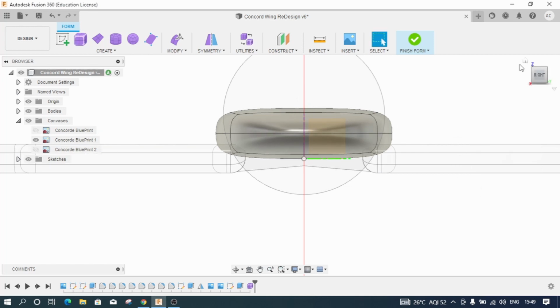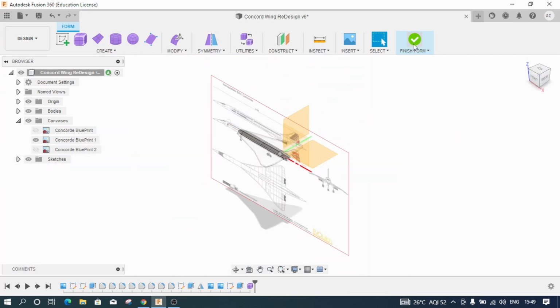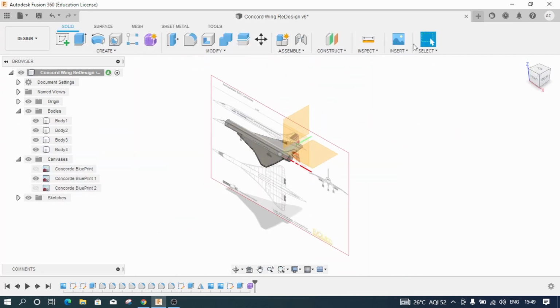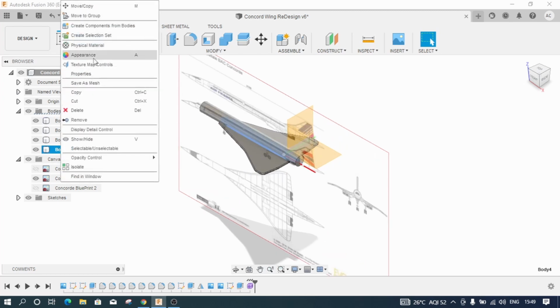I will also try to visualize how this is looking, and then finally click on Finish Form. After I click on Finish Form, you can see a body has been added. Now I'll right click on this and move it downwards. As we created this box on the horizontal plane and we have wings extending downwards, we need to move this body a little bit downwards.